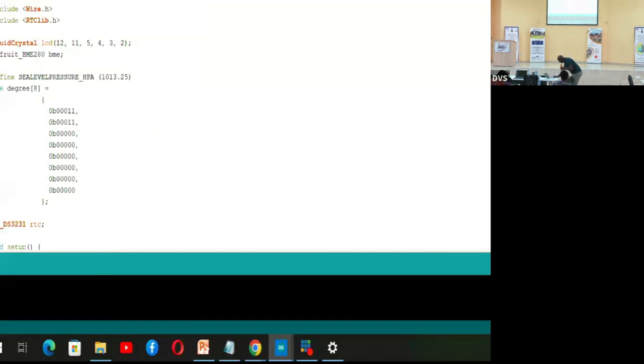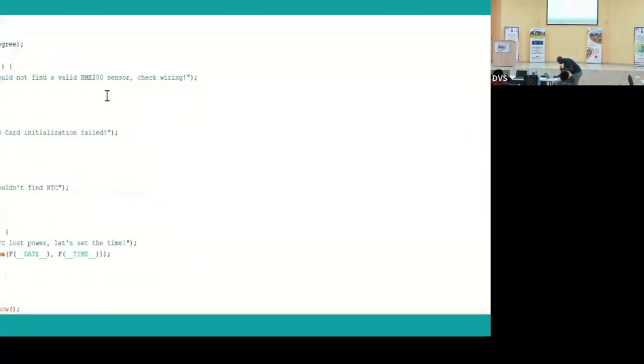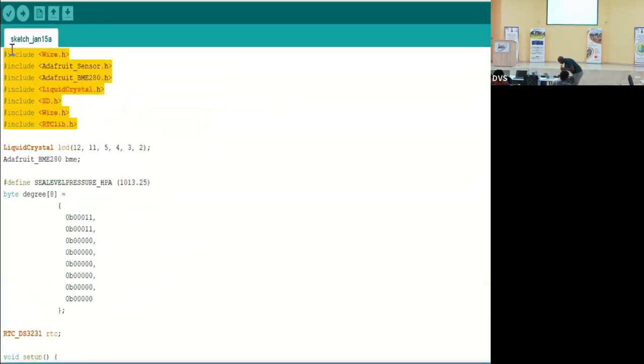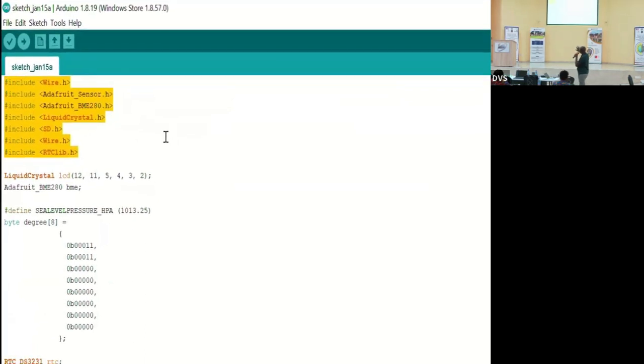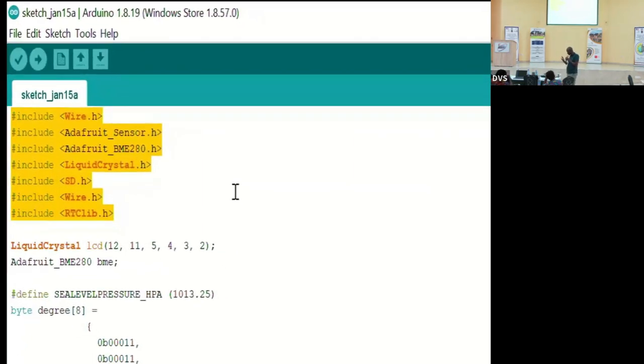So I'll do a small display on how, after you've done the first phase, those are libraries, all of them that you really need to include in the code every single moment that you're uploading any code. The first batch is: you need the Wire, you need the Adafruit Sensor, you need Adafruit BME,